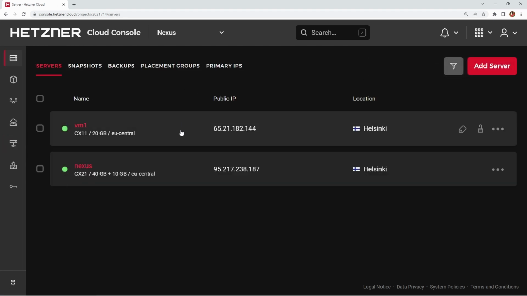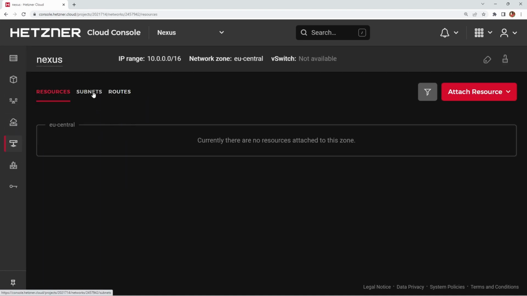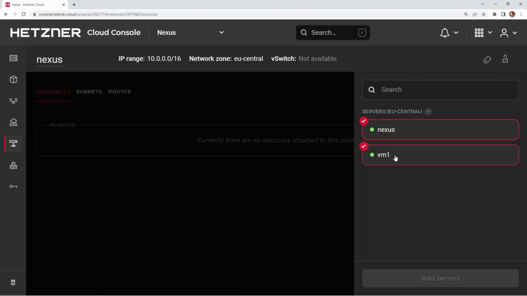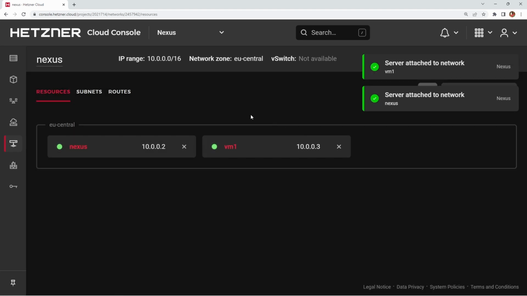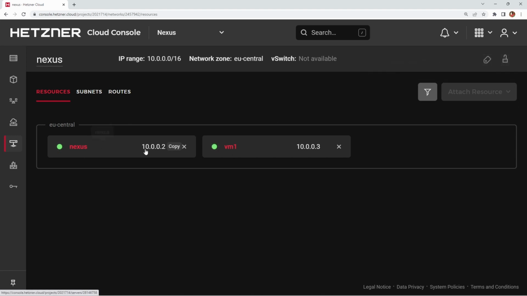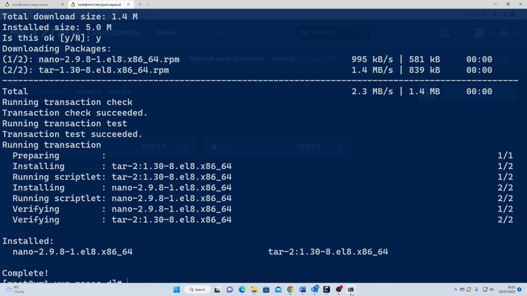although there is a default subnet when you create one on Hetzner, but it's the full range of IPs. And if I go into the network again and into resources and attach resources, and say I want the Nexus and the VM, and then add servers. There we go. So the Nexus server is on 10.0.0.2. So we go back into the VM